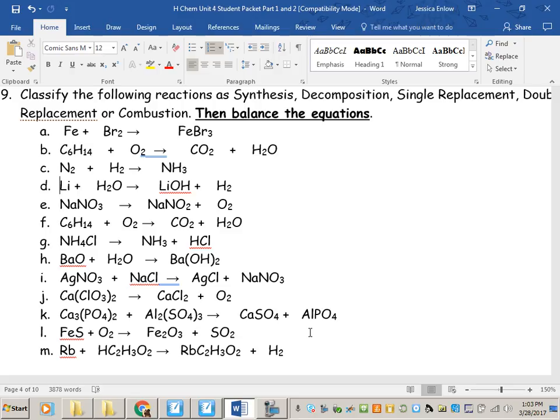C, we have element plus element. They are diatomic, but they're just simple elements, makes one compound. Binary synthesis, and I'm just going to put synthesis, and then next to it put binary if you need to help classify that further. Does it matter that they're both non-metals? It doesn't, actually. Many times binary synthesis will make something ionic, which is a metal and a non-metal, but simply